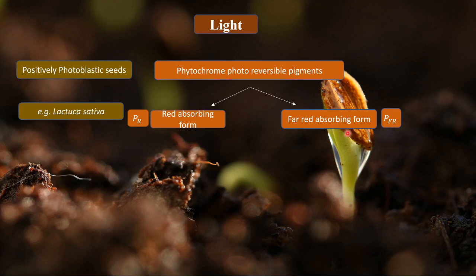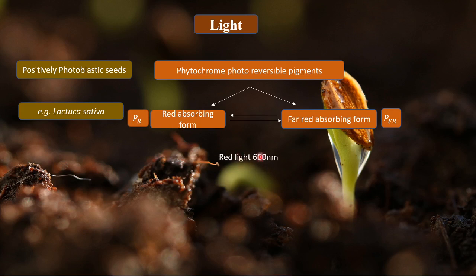And PFR is green in color, but it absorbs far red light, right? So let us understand what PR does. When PR absorbs red light,